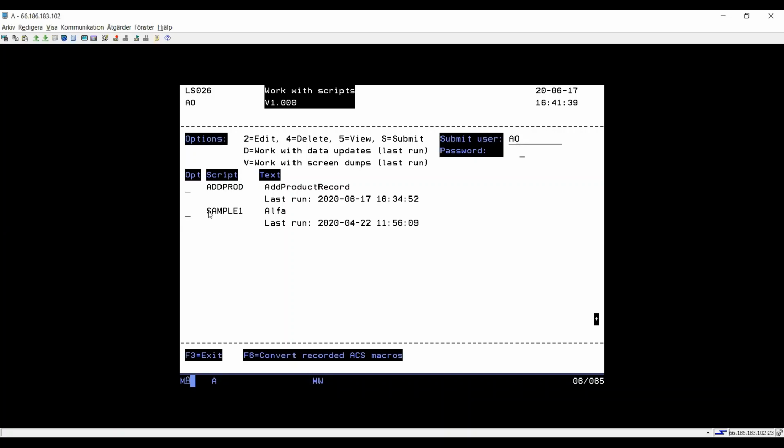I enter my credentials and I will submit this thing to be run. So now it submits a job to batch, which in turn spawns another job that does the updates. We can then